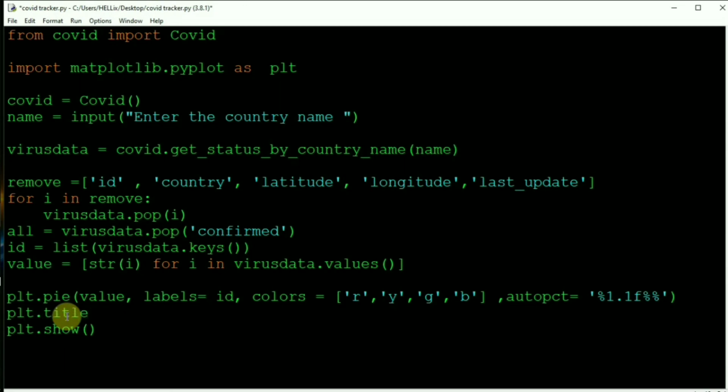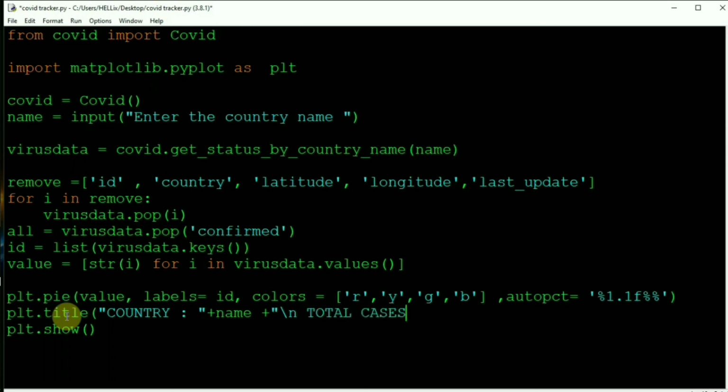Then I'll use plt.title, and in the title I'll write Country. The country will be added with the name, and with the name I will use a slash n to change the line, and I'll write Total cases.